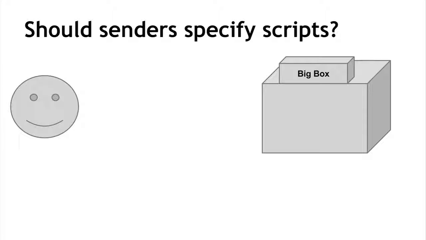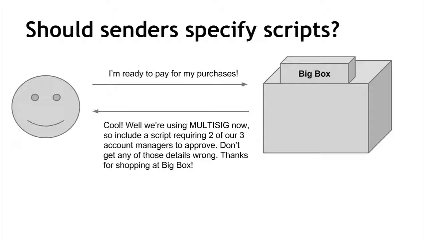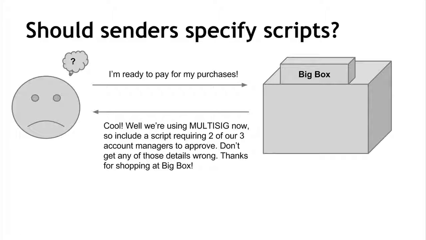the script exactly. So this might be funny if you're a consumer, you're shopping online, you're about to order something, and you say, all right, I'm ready to check out, I'm ready to pay, tell me the address where I should send my coins. And the retailer came back and said, oh, well, we're doing something fancy now. We're using multisig. We're going to ask you to send the coins to some complicated script. You might say, I don't know how to do that. That's too complicated. As a consumer, I just want to send to a very simple